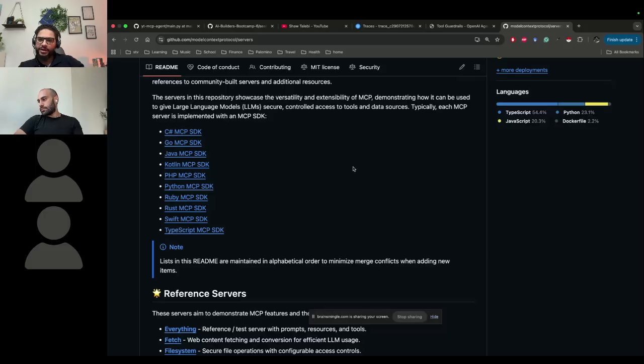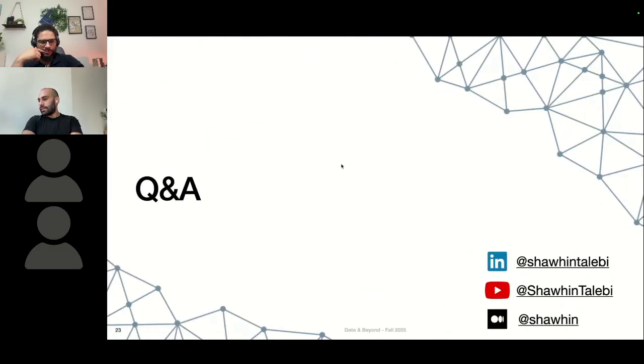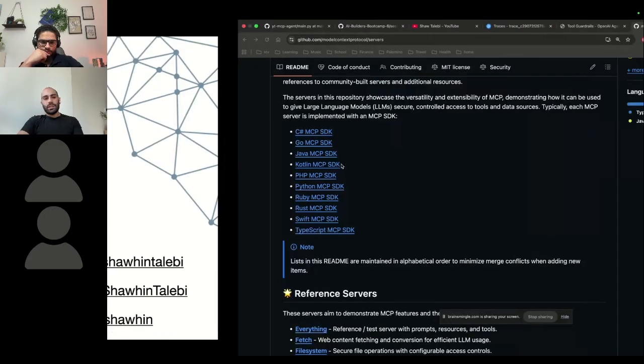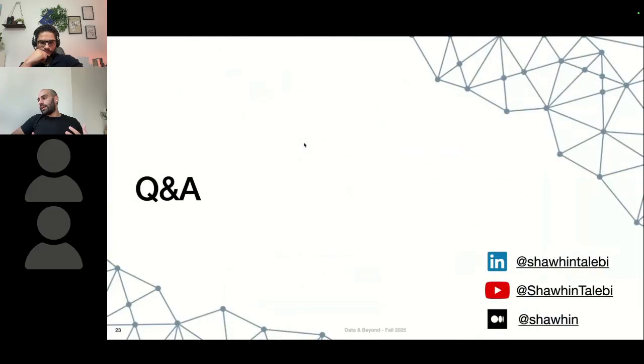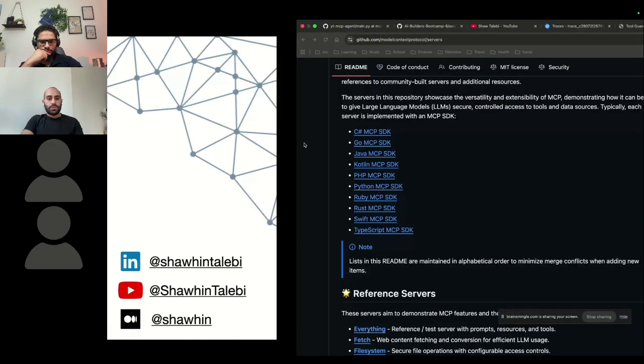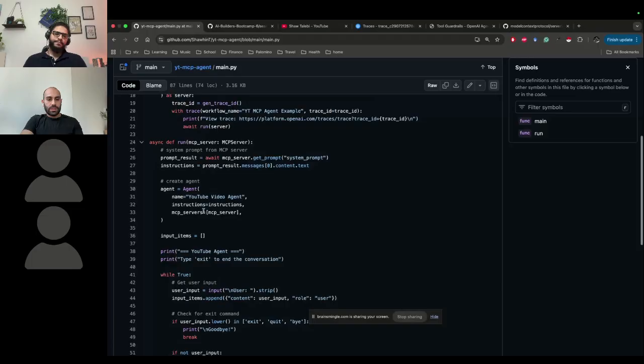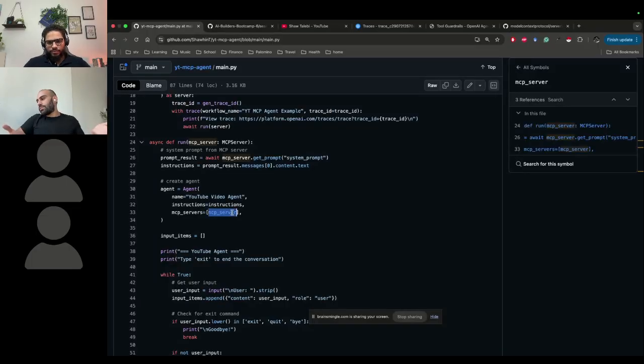Last question: each MCP client can handle only one MCP server. Is this correct or not? Yeah, that's right, and, I guess, most times. Notice here when we spun up the agent, we didn't have to create the client. OpenAI's Agents SDK handled that for us. If we wanted to add multiple MCP servers, we just add them to this list here. So it's actually pretty trivial to add multiple MCP servers.